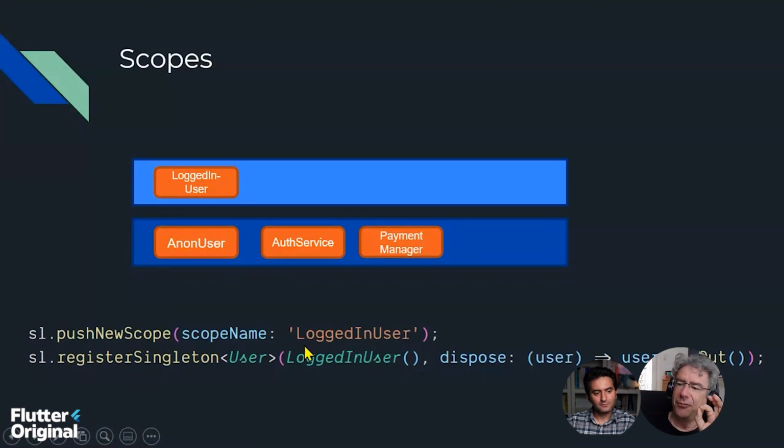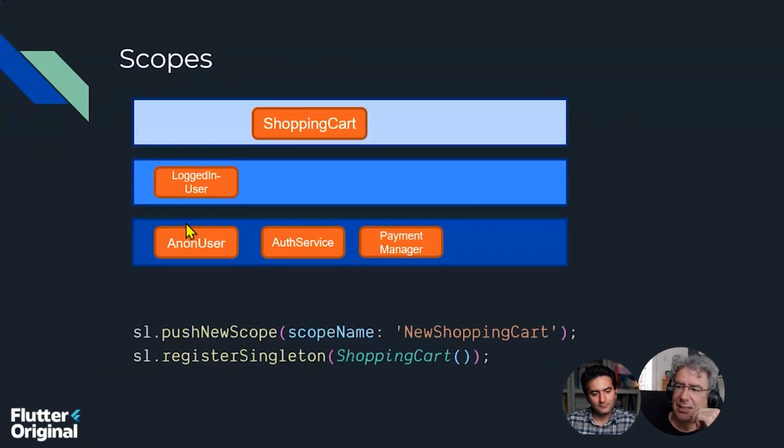And now from there on, whenever the app queries the user object, it will get this one and no longer this one. I see. And we can imagine another application. For example, if we have a shopping cart that we want to get rid of, I push a new scope again, and I register the shopping cart. And by